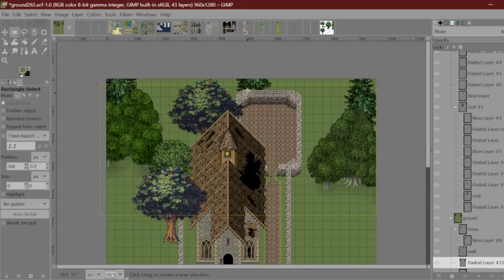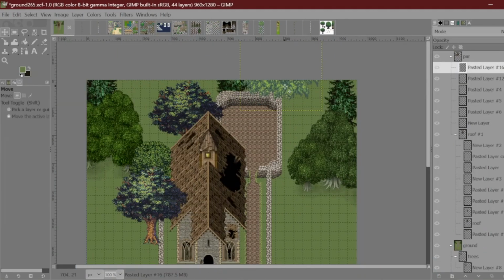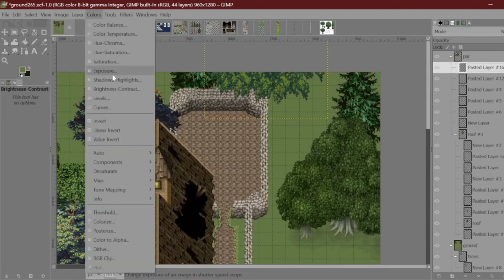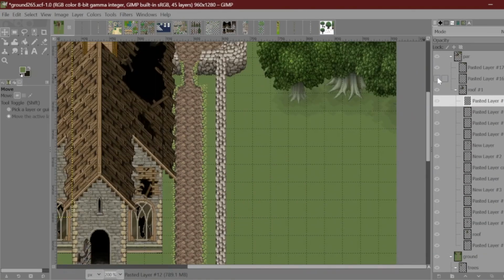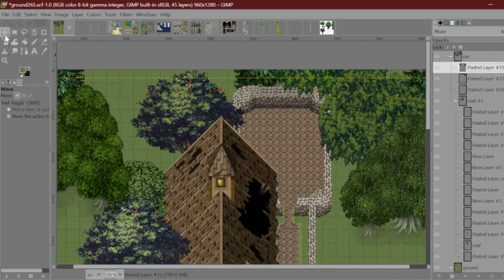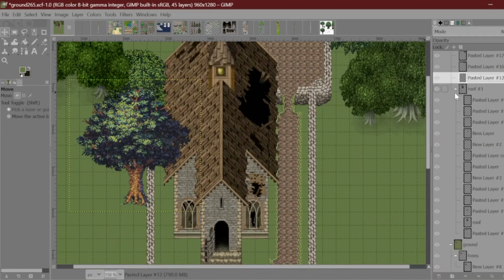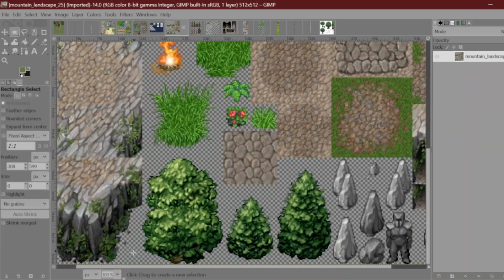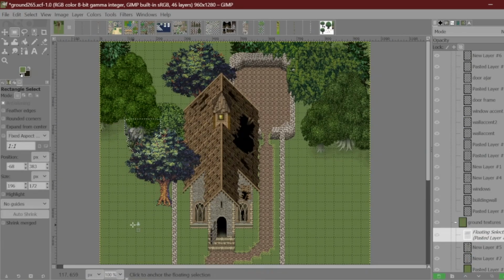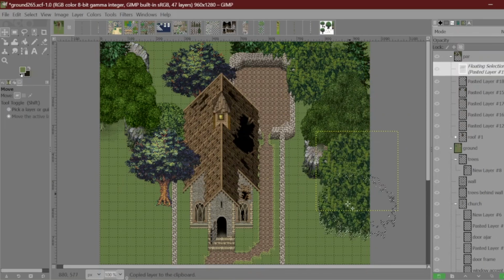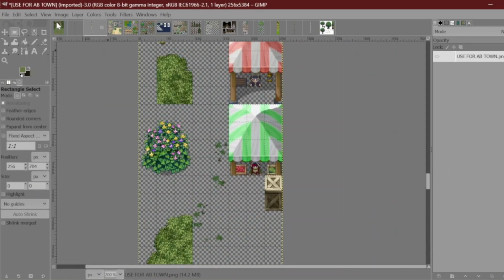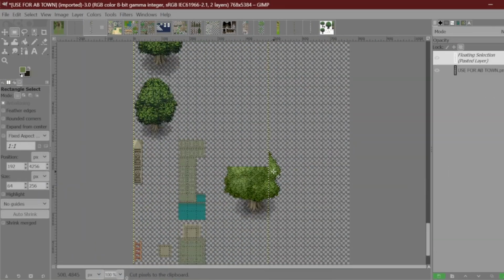So let's focus on guiding the player and using visual cues to create a natural flow through the map. When you're designing any kind of map, whether it's a forest like this, a town, or even an evil wizard tower of doom, it's important to think about how players will move through the space. You want the path forward to feel intuitive. That doesn't necessarily mean it has to be a straight line. In fact, twists and turns make maps more interesting, but it does mean you should subtly guide the player with